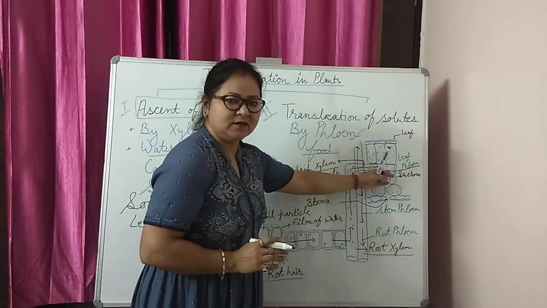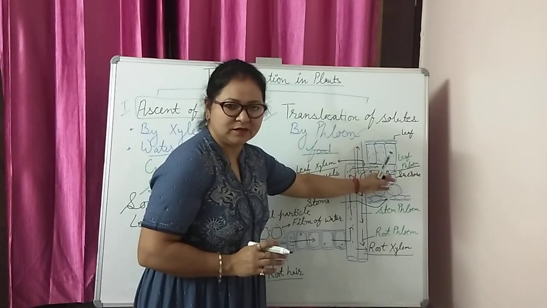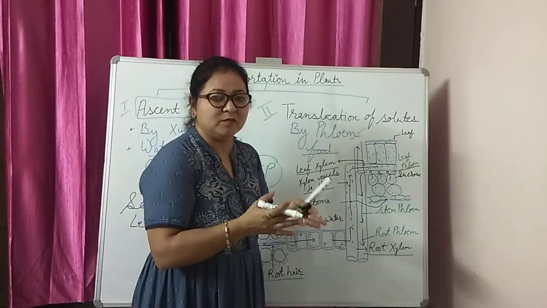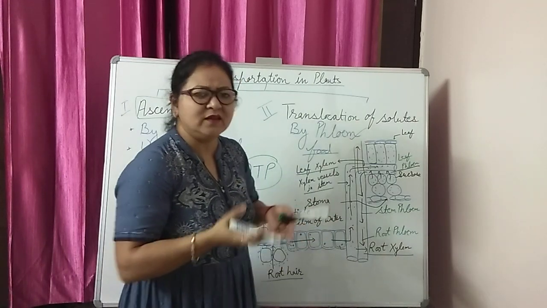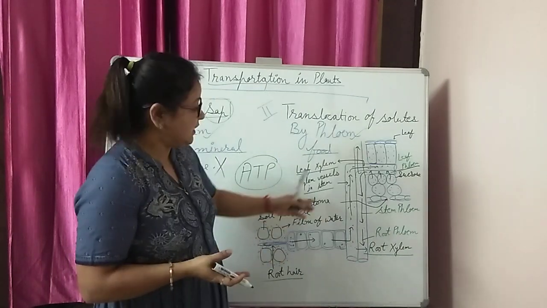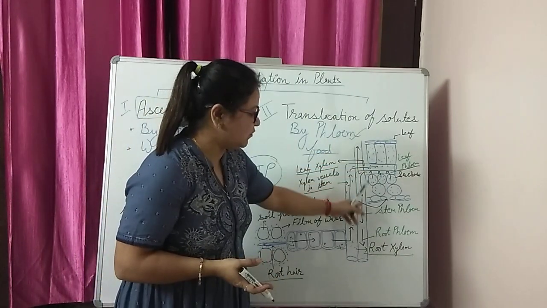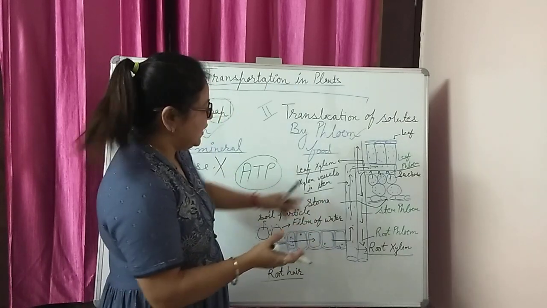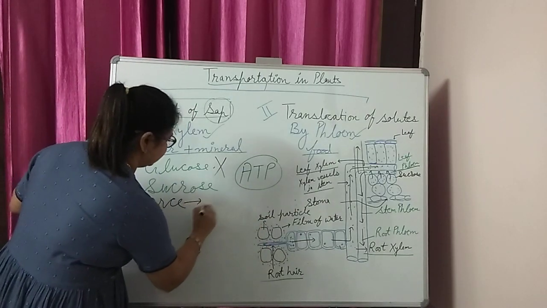They use the energy to transfer the sucrose, then the water will move from the adjacent cell and create a pressure, and this bulk material will move from high pressure to lower pressure wherever it is required. Each and every cell of the living organism needs food to get energy. So it will move upward, downward, towards all cells. Wherever the food is required, that is called the sink.